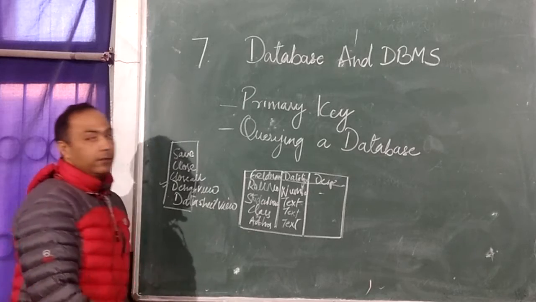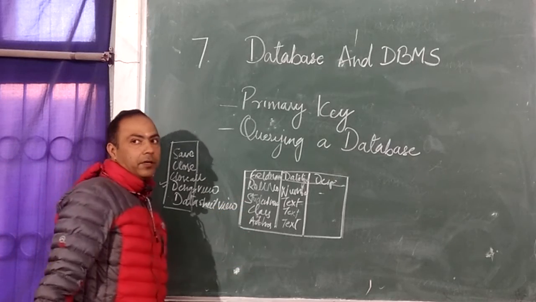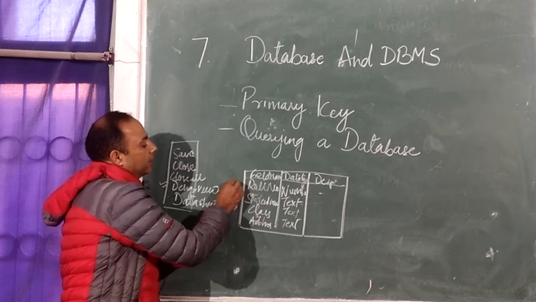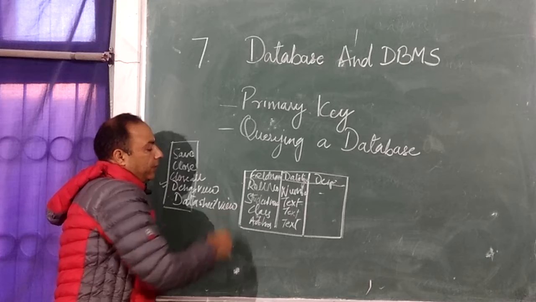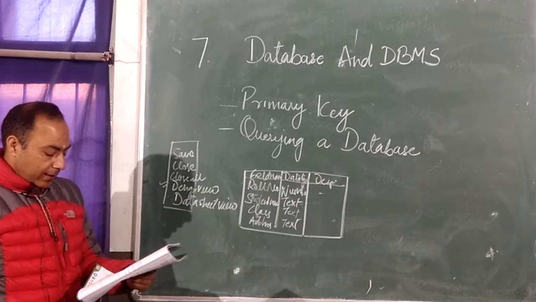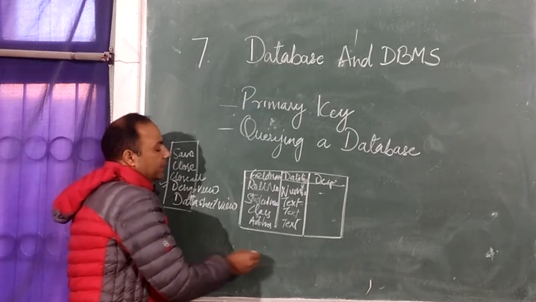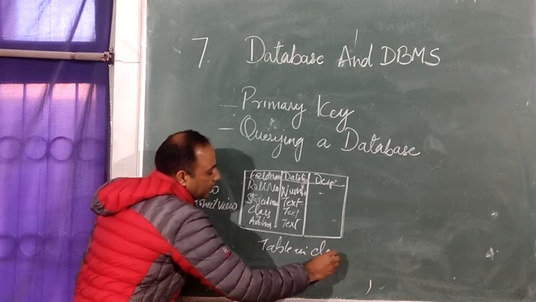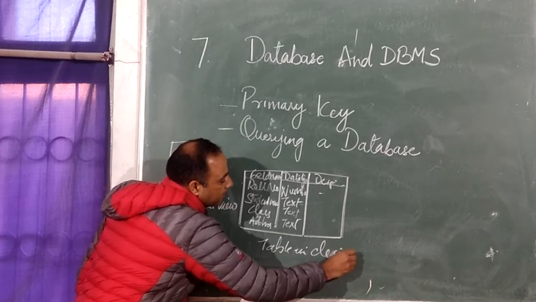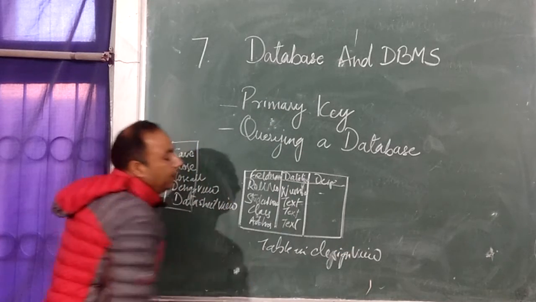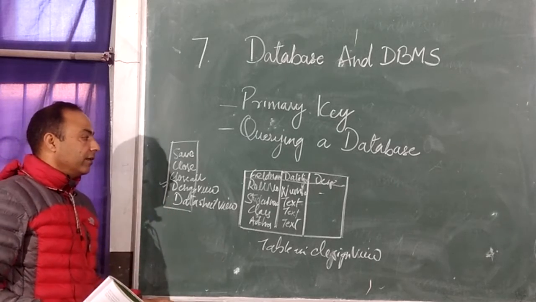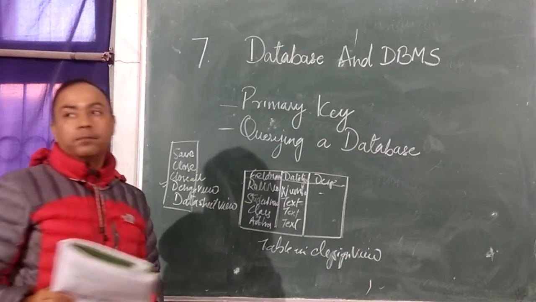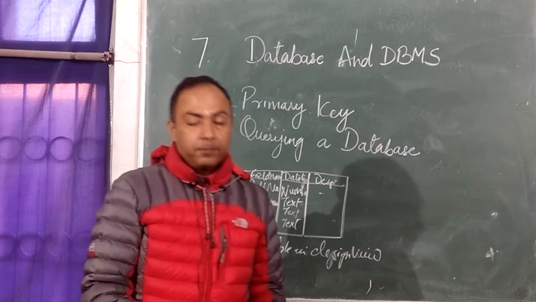Here we cannot put the primary key on the student name because students might have the same name in the class, but in the roll number field we can set the primary key. Now, to set the primary key, the first thing is that we should be in the design view of the table. Entering records, last time we learned using the datasheet view. For setting the primary key, we need to be in the design view.